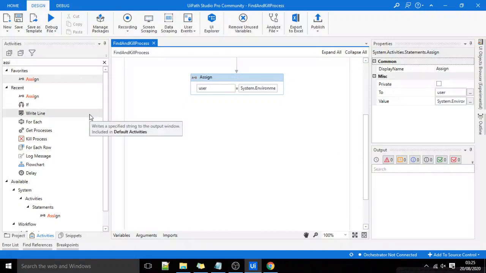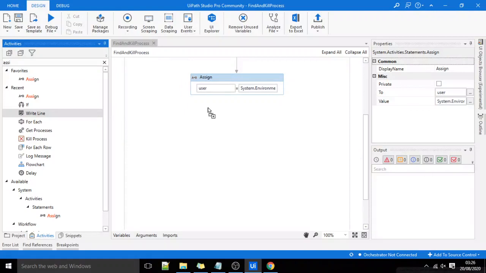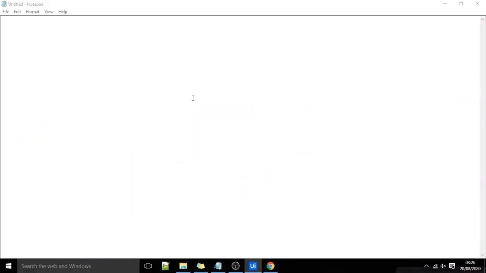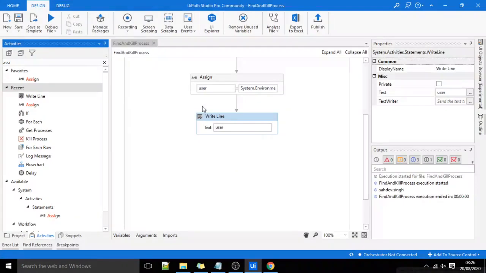If required, we can print it in the output panel. I'll execute this. So as you can see, the name of the current user, Sahdev.Singh, is printed in the output section.